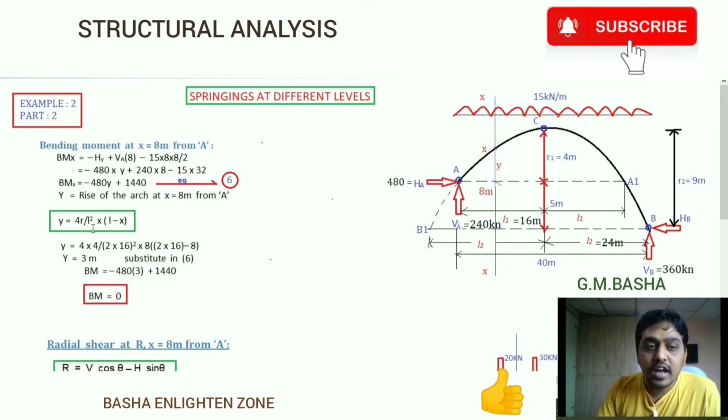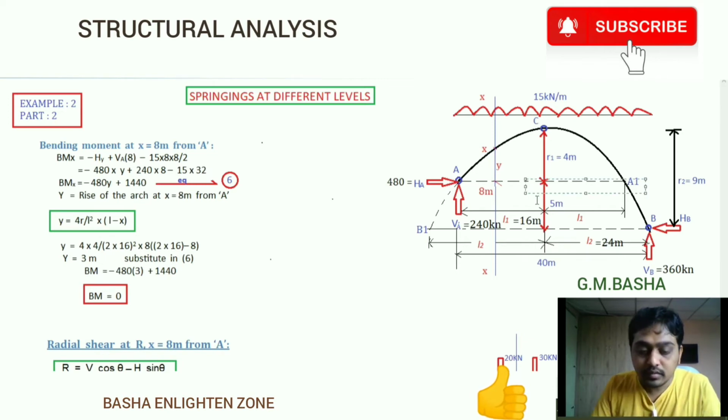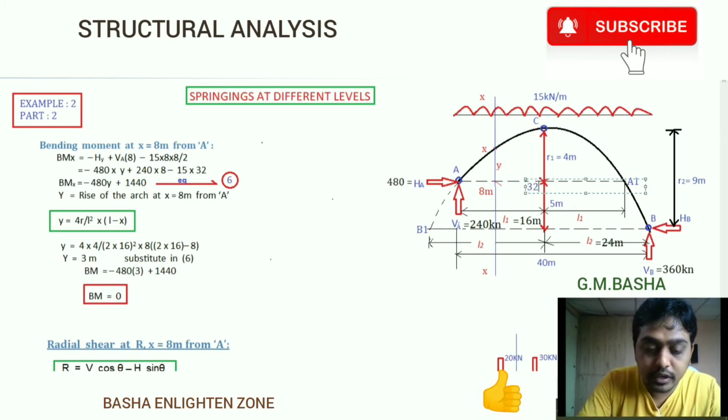See here, if they are asking to find the bending moment from the left support, up to A to C the individual length will be equal to 16 meters. So what you have to take as the L value is double that. You have to take the overall length up to the highest point of the arch, A to A1. From A to C it is 16, again C to A1 it will be 16. Therefore 16 into 2 times, which is equal to 32. So take down this overall length from this span to this span as 32 meters. So I am mentioning here 32 meters.